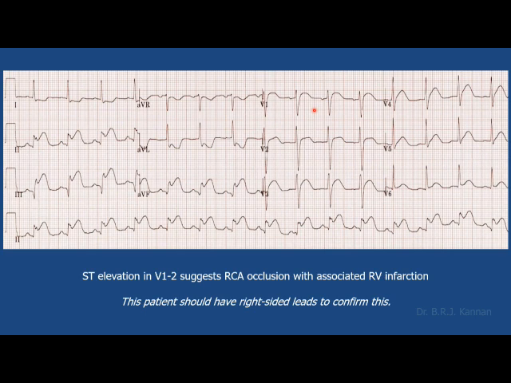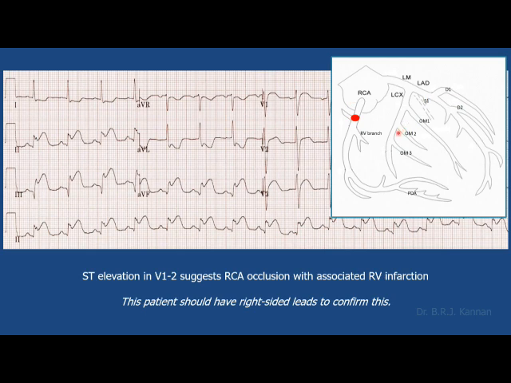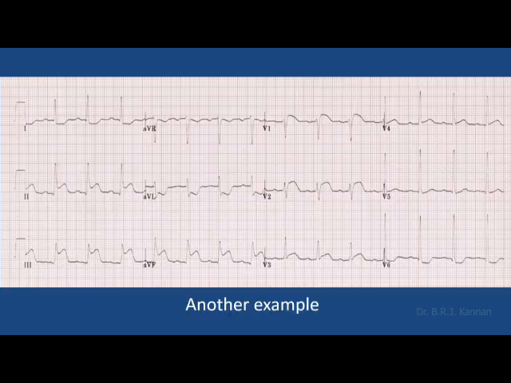Now, how do you confirm that it is right ventricular infarction? We should take additional leads. Here the occlusion is in the proximal right coronary artery prior to the right ventricular branch. So whenever the right coronary artery is occluded prior to the right ventricular branch, in addition to the 2, 3, aVF ST elevation, you also have ST elevation in V1. Here is another example, 2, 3, aVF, 3 taller than 2, there is ST depression in aVL and ST elevation in V1. Now I want to confirm that there is RVMI.